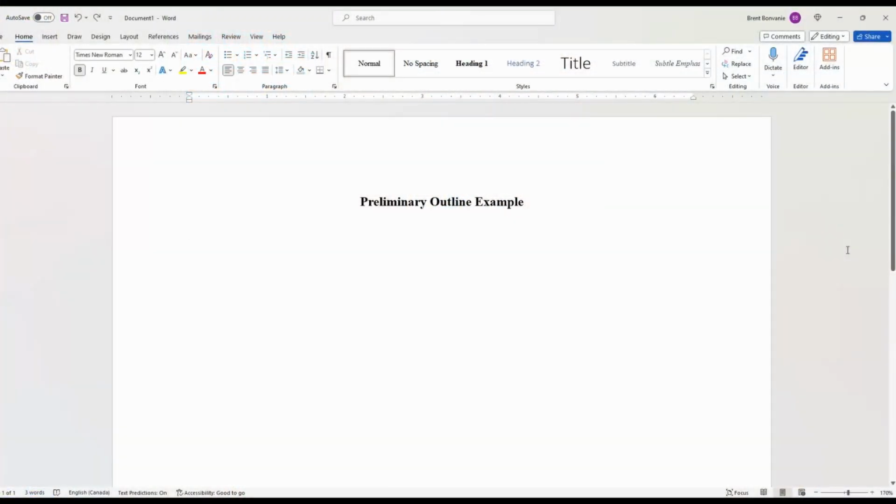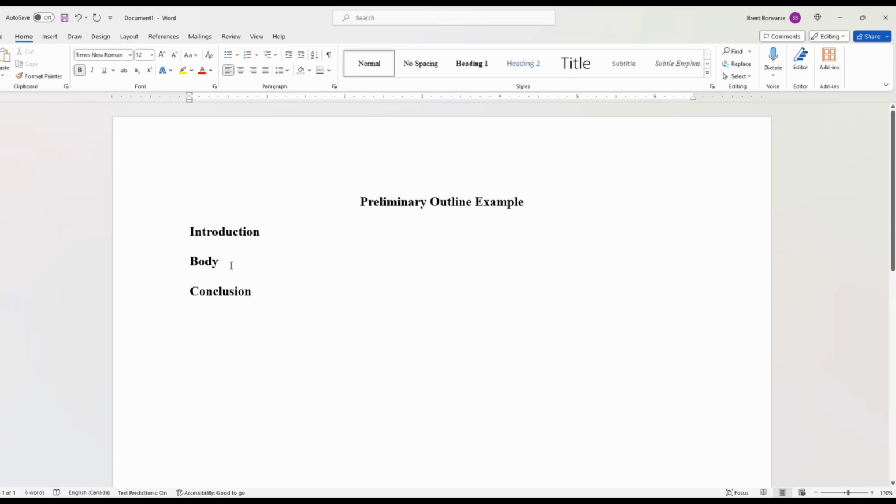So let's start with our basic essay structure. Every essay is going to consist of 3 parts: introduction, body, and conclusion. So at the very least, we'll write those down. Now for brainstorming, we're not going to worry too much about the intro and the conclusion, at least right now.